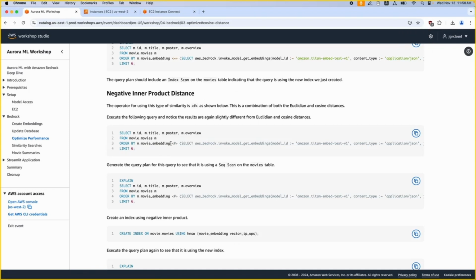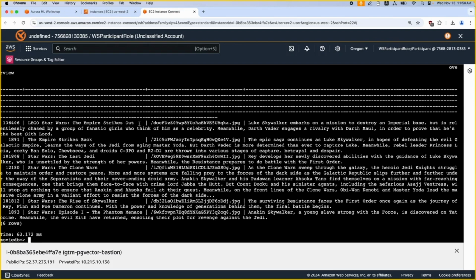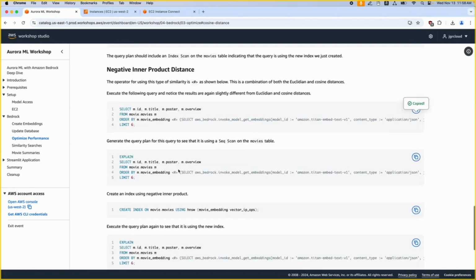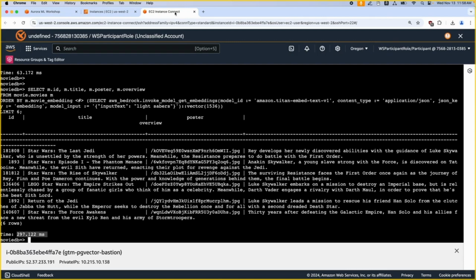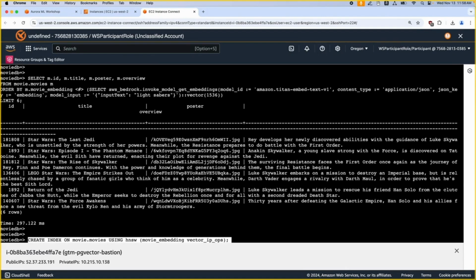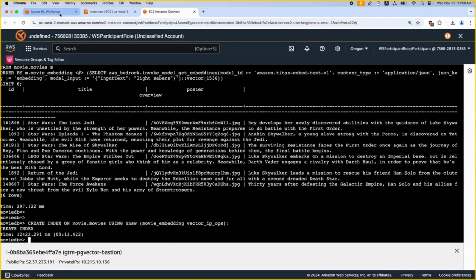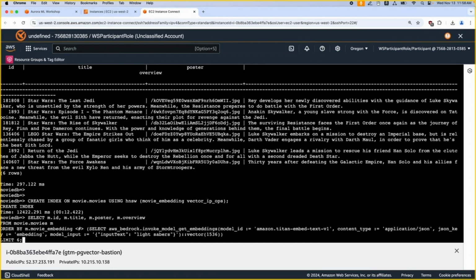And next is the negative inner product. This is similar to Euclidean and cosine distance, and we don't really have time today to dig into why you would pick one over the other. But you can see that the operator is less than, pound sign or hash, then greater than. And again, if you create an index for that operator, you get better performance. Before it's 297 milliseconds. The vector_ip_ops type was used for the negative inner product. And you can execute the query again